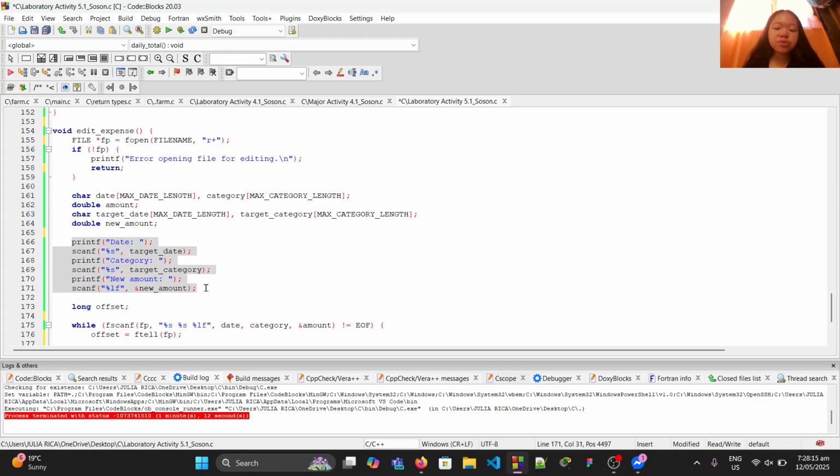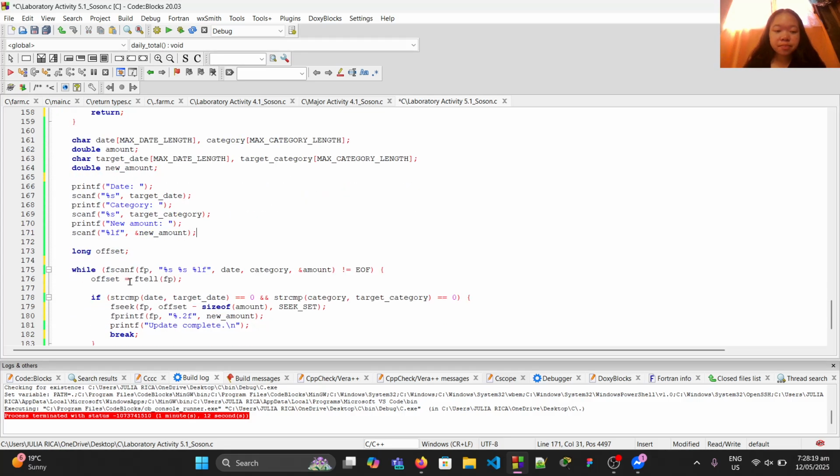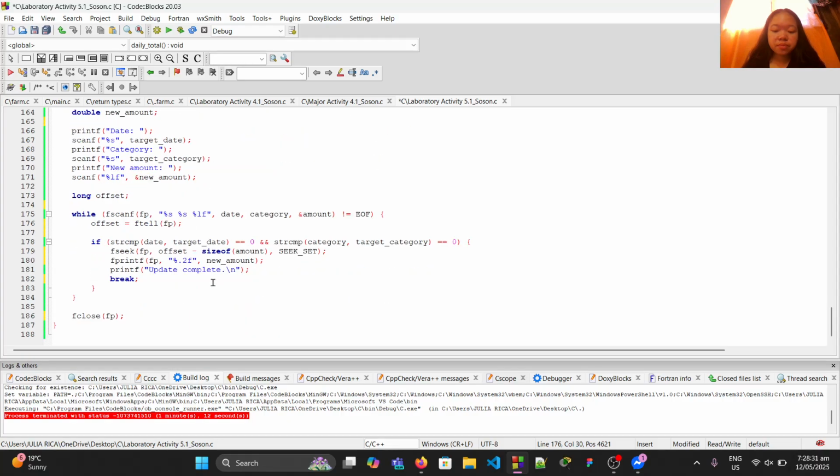Here we will get user input for the expense to edit. And here we are going to read the file and find the expense to edit. And the fclose here closes the file after editing. Here is the output.